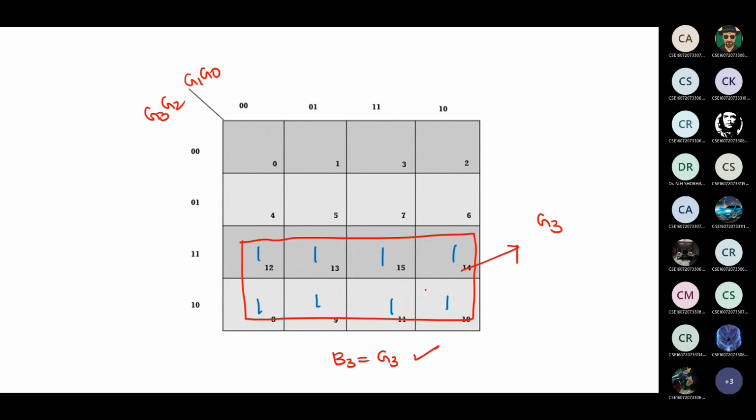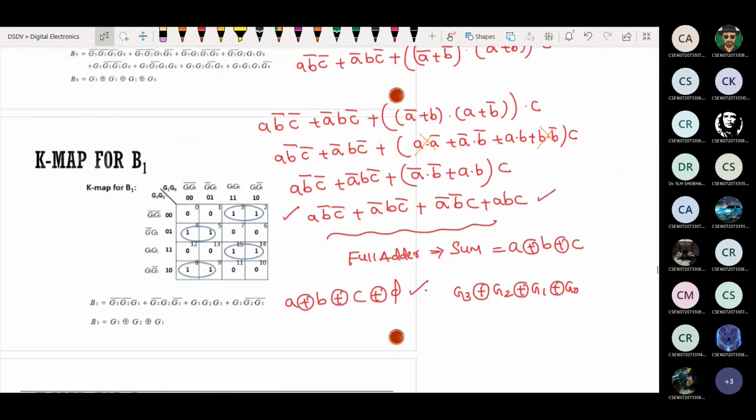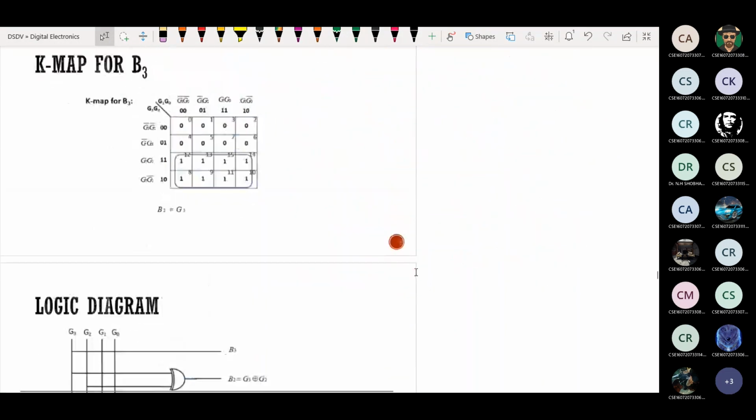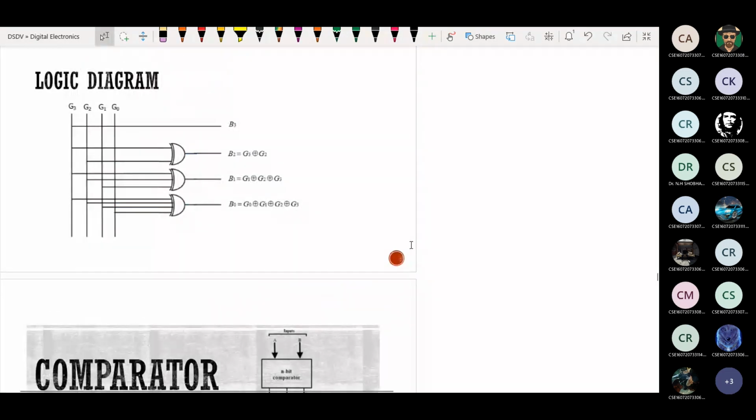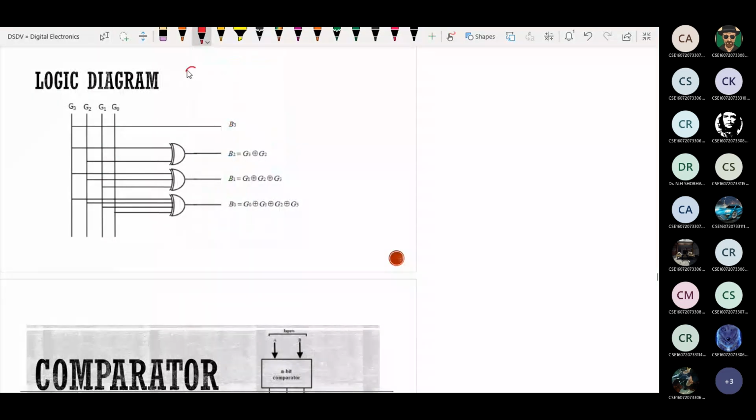Now after this, based on the Boolean expressions, you have to draw the logic diagram. Can you draw now? This is the logic diagram for gray to binary. These 4 are inputs, and here B3, B2, B1, B0 are the outputs.